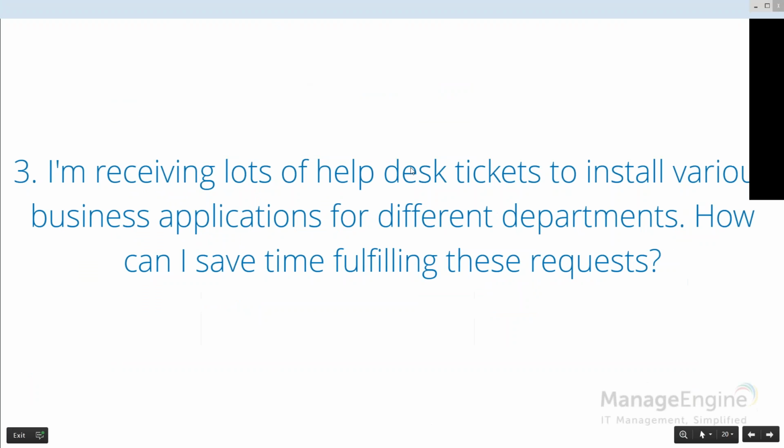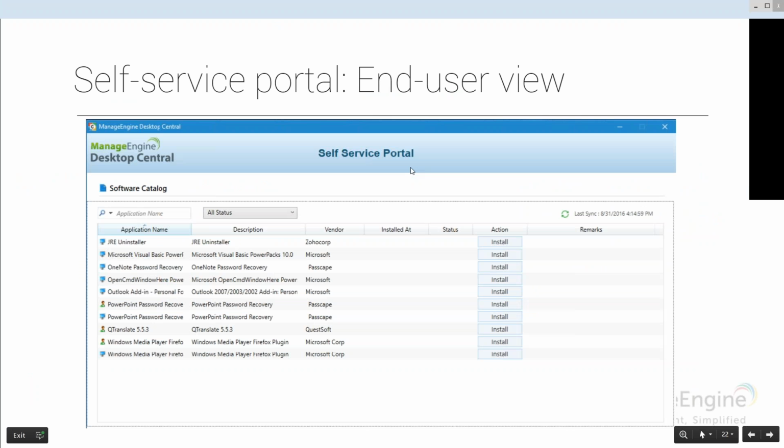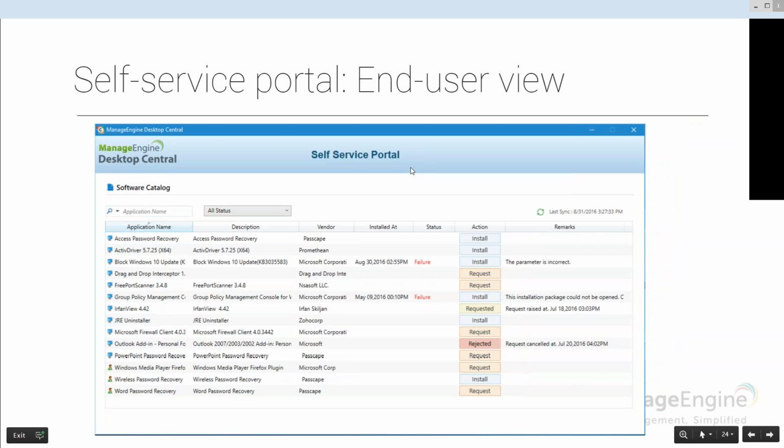So let me go to our slide to see how it can be launched. As we have discussed, self-service portal end user view, and how I request for the application, and after it is approved, it will be installed, or you will see the requested status,